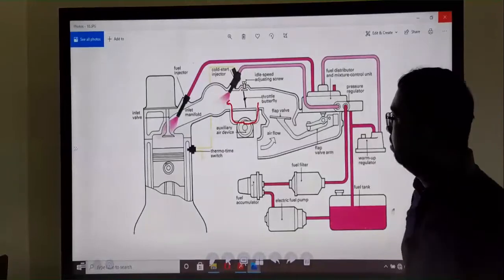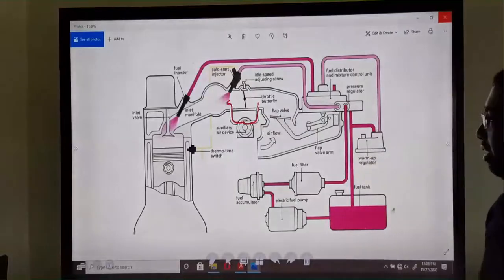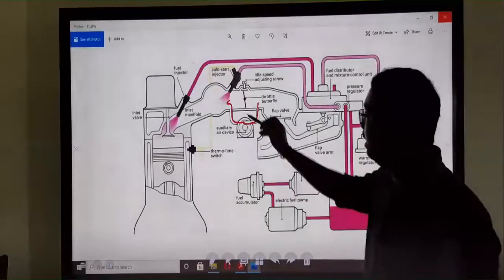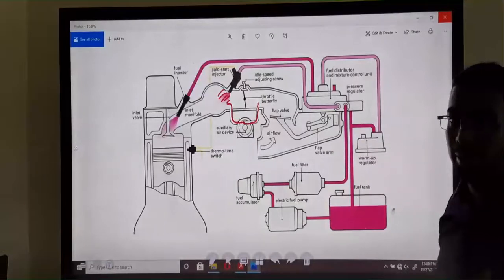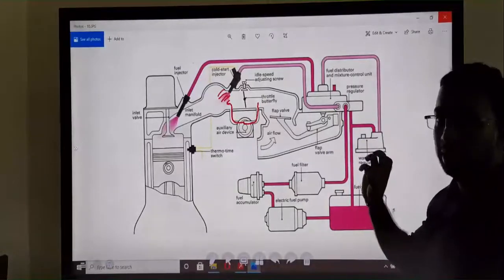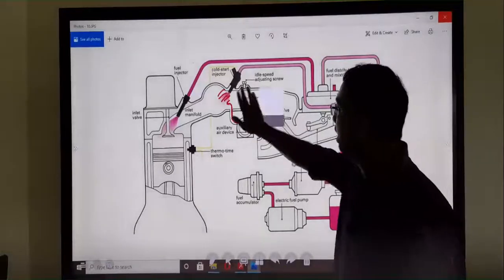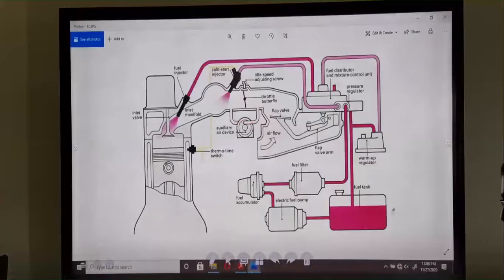Okay, because according to this cold start injector we need a richer fuel mixture for petrol engines. So here it is achieved only by the extra fuel. Okay, we need some amount of extra air also. So that amount of air is supplied by this bypass auxiliary valve, and we can see how this auxiliary valve is working.